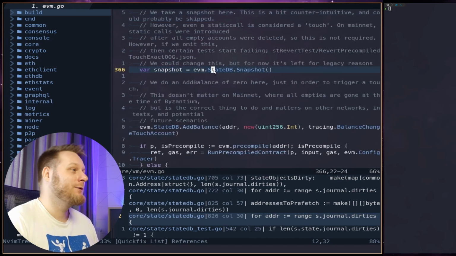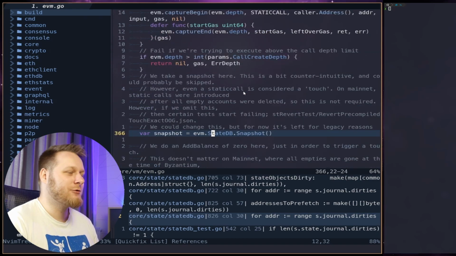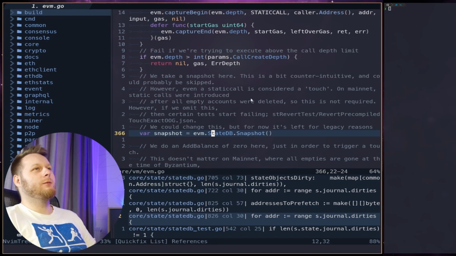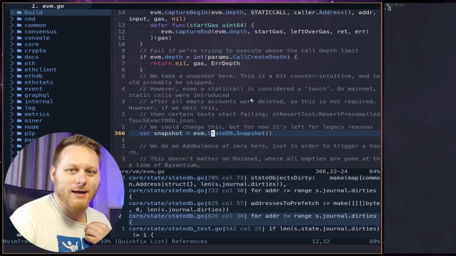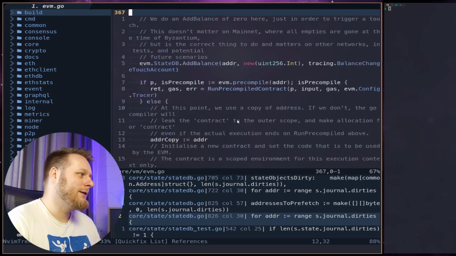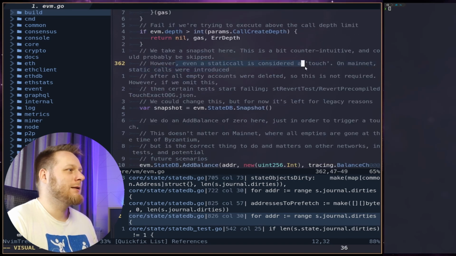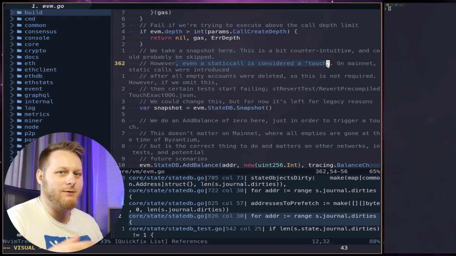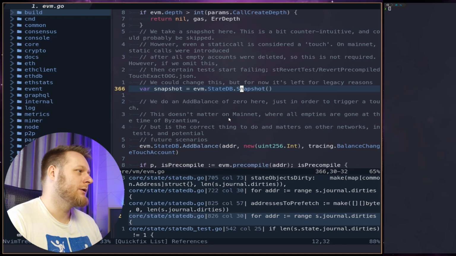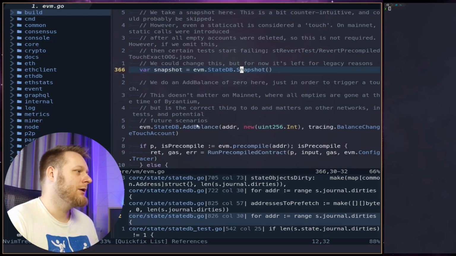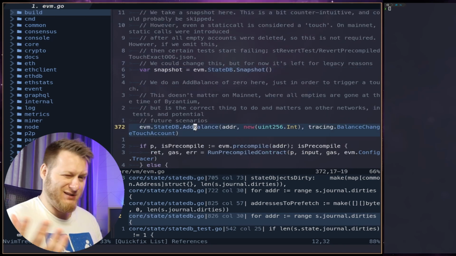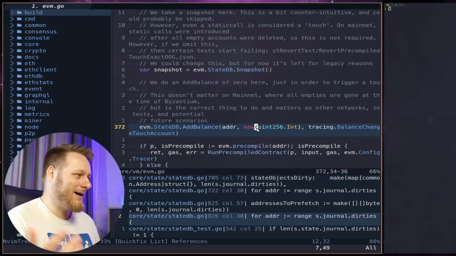Again, one intuitive thing is that they do a snapshot, which is not really required because any change to the state will not be effective. But they mention that a static call is considered a touch. So if you use static call to call any address, the address is considered to be warmed. So they take a snapshot here and then they are adding balance, which is a bit strange, but the balance that they add really